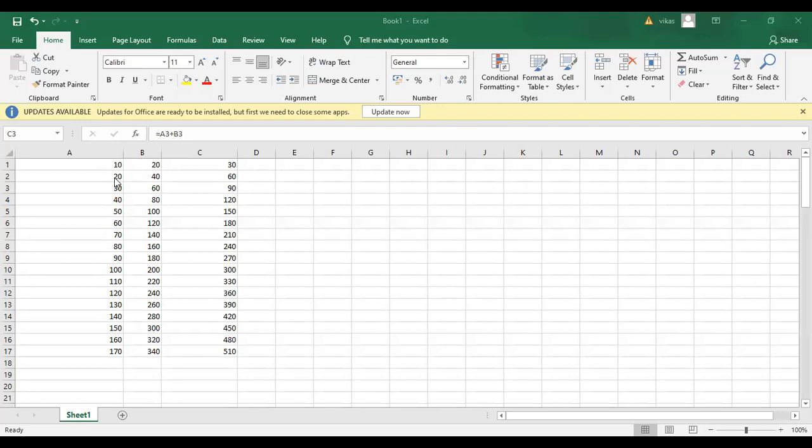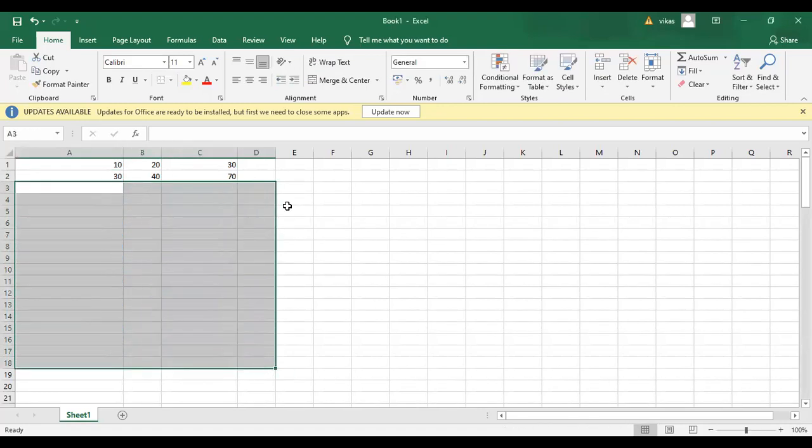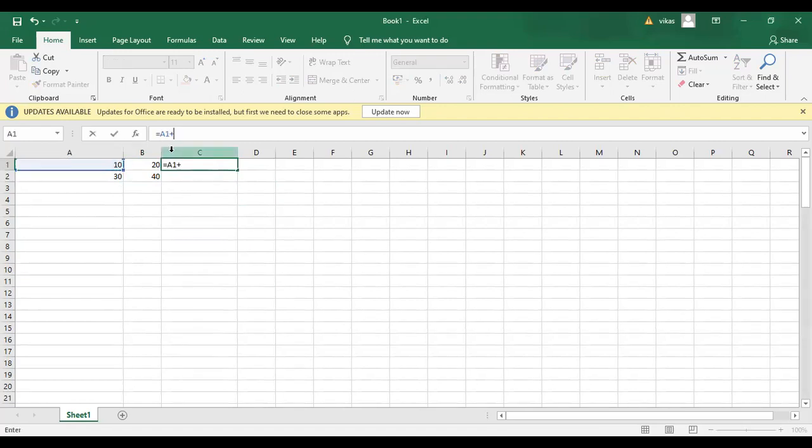Look here, 10, 20, let me do here 30. And I will delete all these numbers. This also I will delete. And I want to get the result here. So what I will write is equal to which cell? This cell, then plus. I want this cell, then click on that cell. Then again I want plus this cell, then again plus sign. And again click on this cell and then press the enter key.